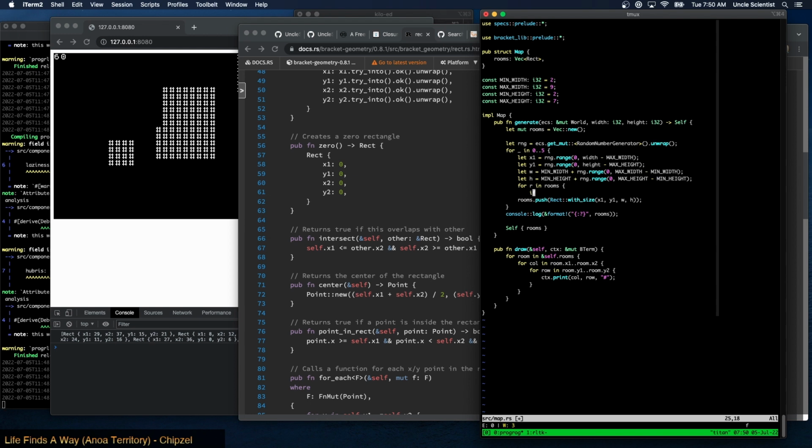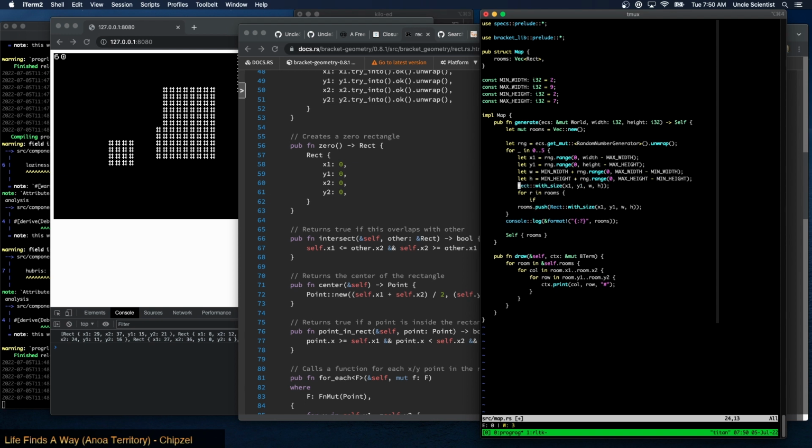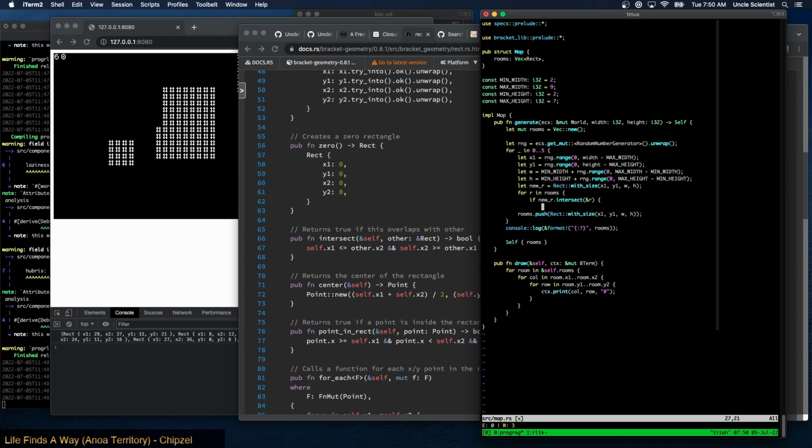If, okay, and we can create the rect here. Let new r equals this. If new r dot intersect r, I guess, right? Because other is ampersanded. Then we're gonna say, oh,